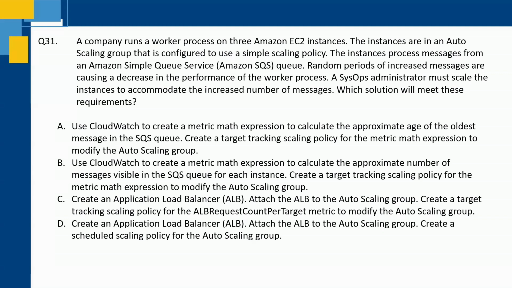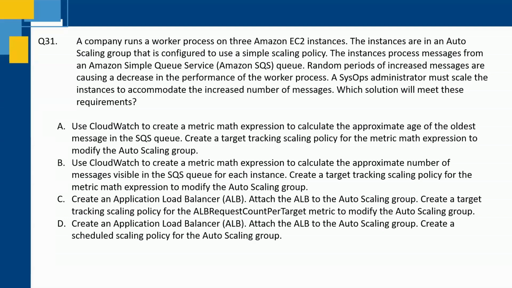Your options are: use CloudWatch to create a metric math expression to calculate the approximate age of the oldest message in the SQS queue. Create a target tracking scaling policy for the metric math expression to modify the auto scaling group. Use CloudWatch to create a metric math expression to calculate the approximate number of messages visible in the SQS queue for each instance. Create a target tracking scaling policy for the metric math expression to modify the auto scaling